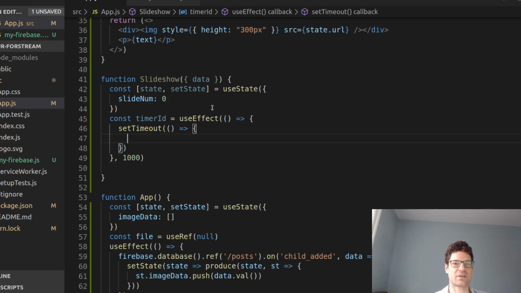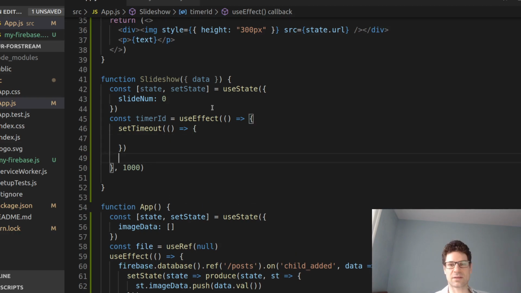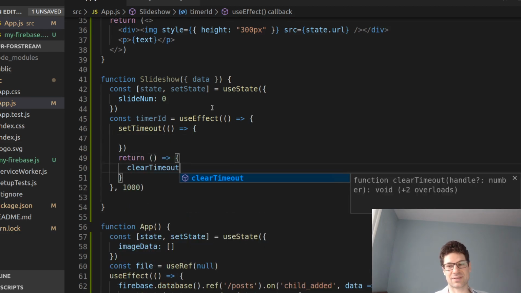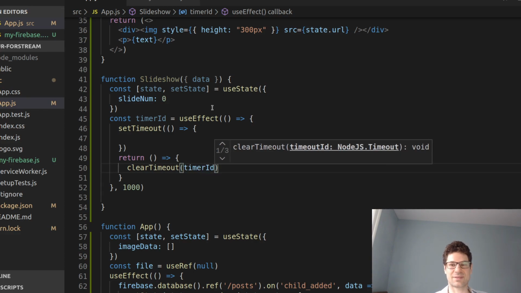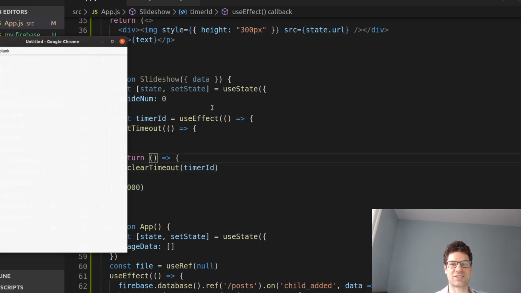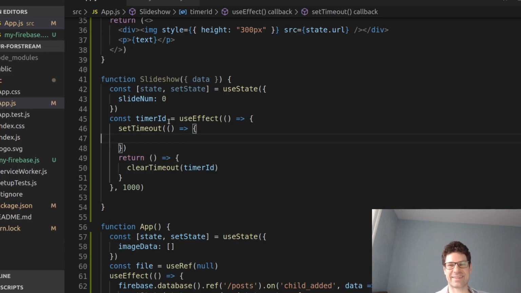And I'll put the code that I want to run in 1 second here. And then you actually want to return, yes, yeah. So Hello world. useEffect